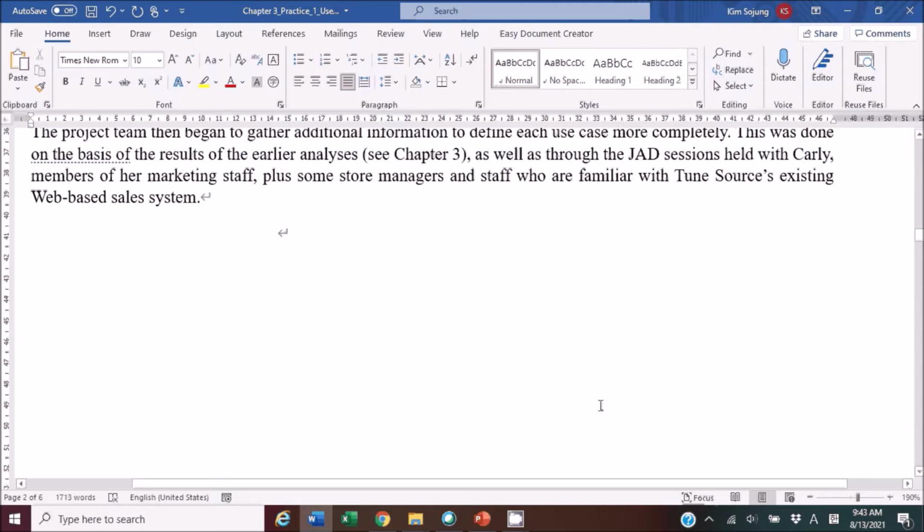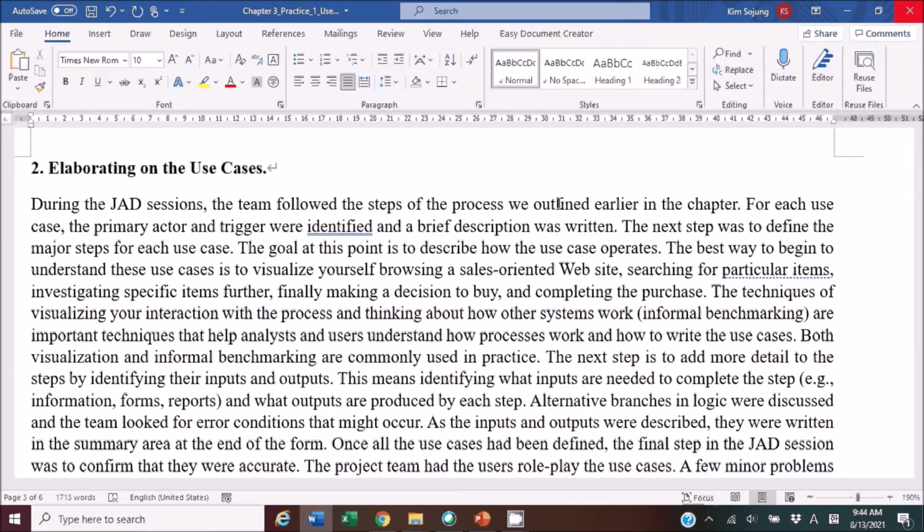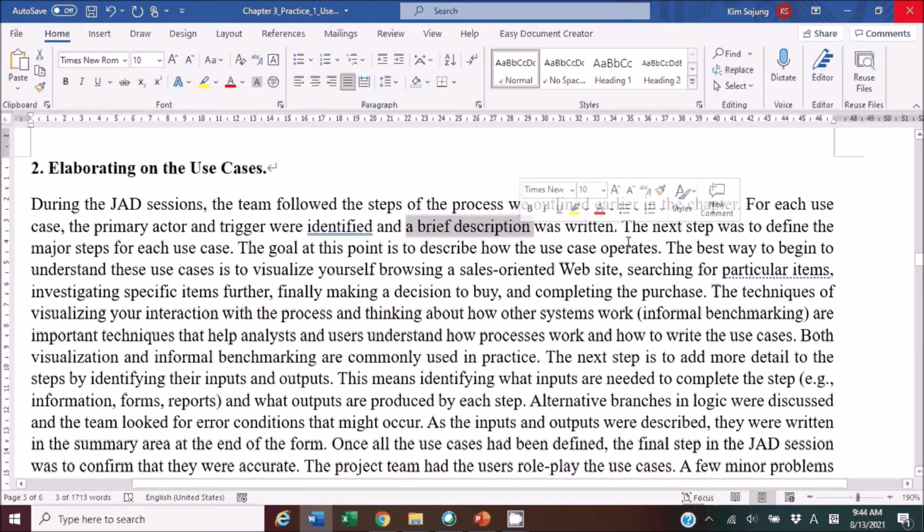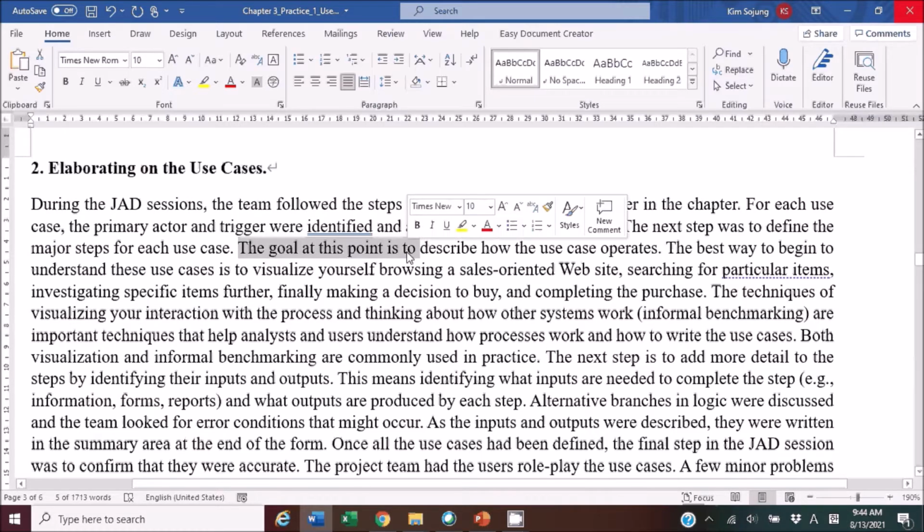Got it? Number 2, elaborating on the use cases. During the JAD sessions, the team followed the steps of the process we outlined earlier in the chapter. For each use case, the primary actor and trigger were identified and a brief description was written. The next step was to define the major steps for each use case. The goal at this point is to describe how the use case operates. The best way to begin